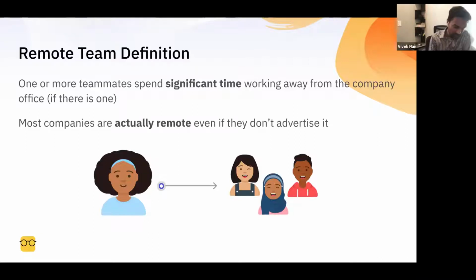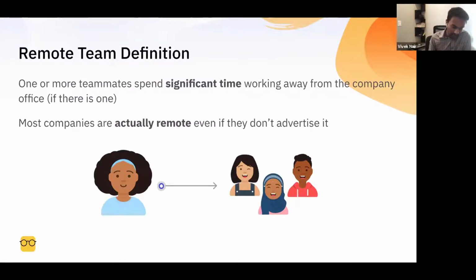And a little bit about definitions of remote teams. Although it might seem obvious, it's good to be a little bit precise about this. A remote team is a team where one or more teammates spends a significant amount of time away from the company office, if there is a company office at all.